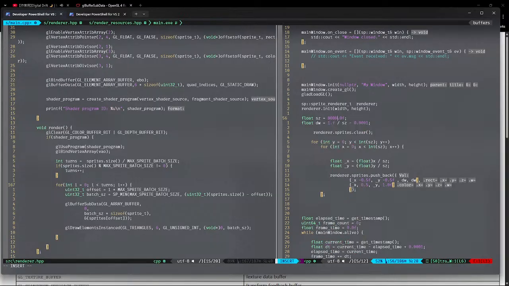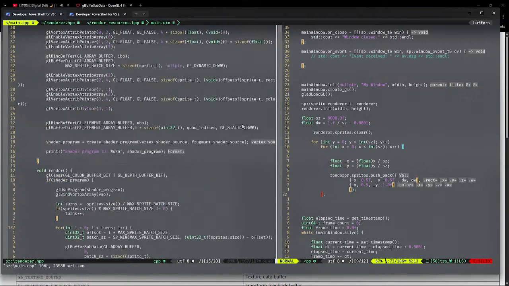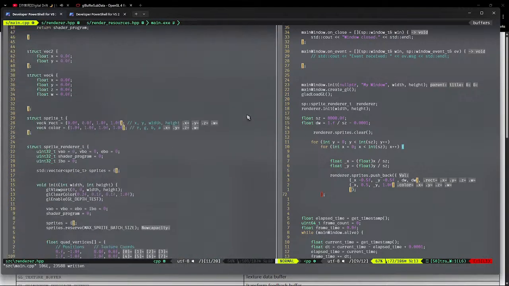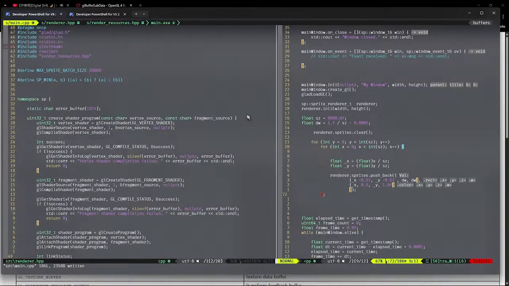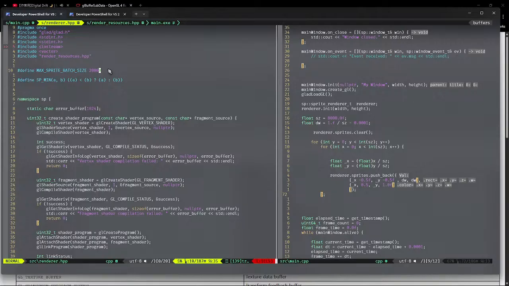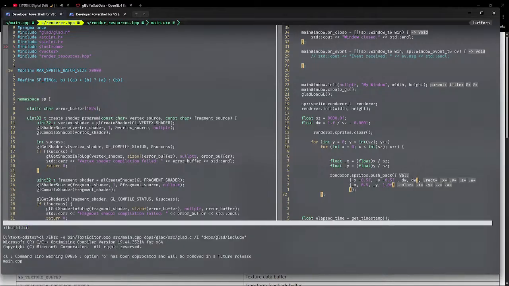So 8 times 8 is 64 million, which is quite a big number, to be honest. We're trying to render 64 million in batches of 20,000 per unit. If we have that kind of huge requirement,